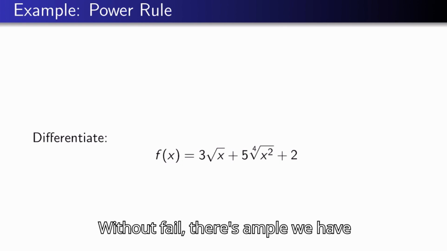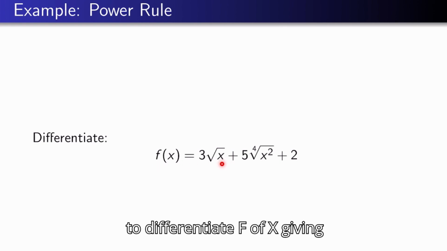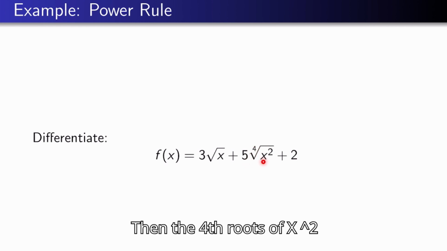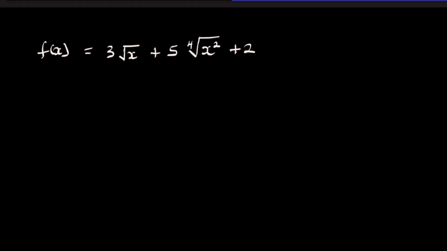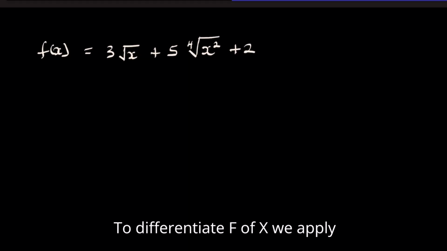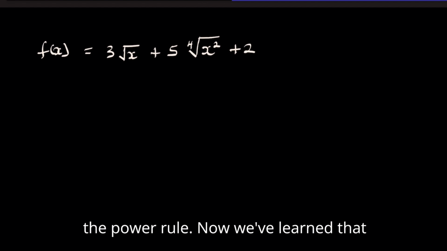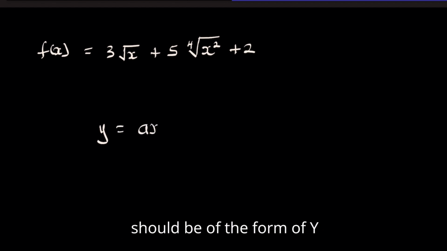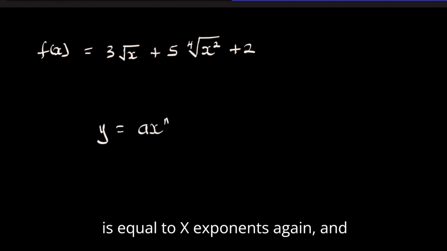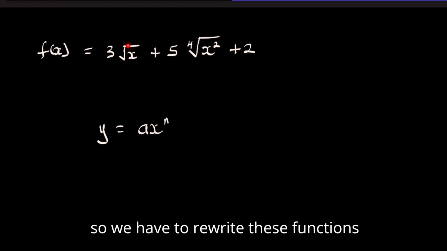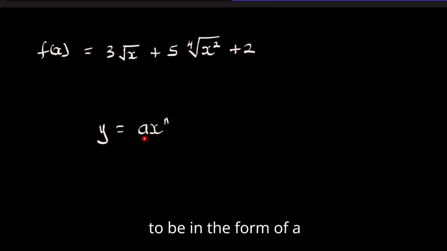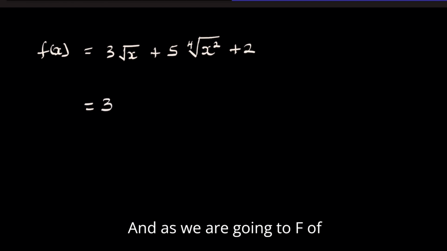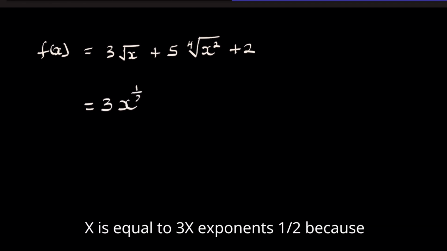With our third example, we have to differentiate f of x, giving us 3 square roots of x plus 5, then the fourth root of x squared plus 2. To differentiate f of x, we apply the power rule. Now we've learned that to apply the power rule, the function should be of the form y is equal to ax exponent n. And so we have to rewrite these functions to be in the form of ax exponent n. And thus we are going to have f of x is equal to 3x exponent 1/2,